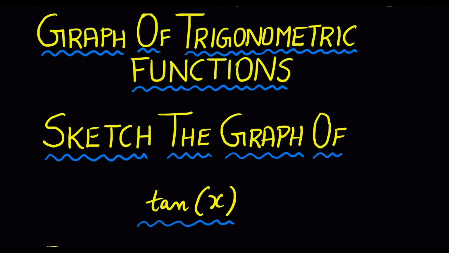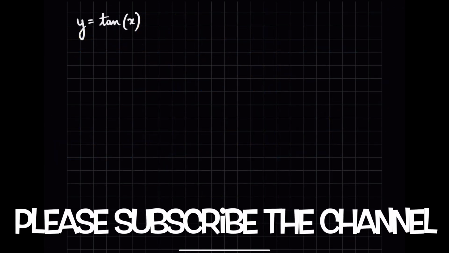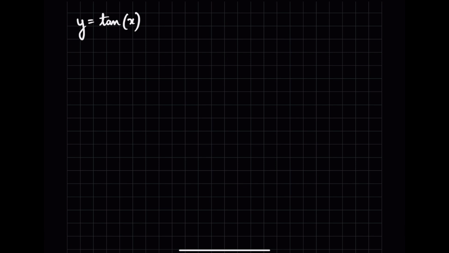Let us learn how to sketch the graph of trigonometric function tan x. So let us start to plot the graph of tan x. Now before we do that, let us understand the behavior of tan. So if x is equal to pi by 2, then tan x, which is tan pi by 2, would be